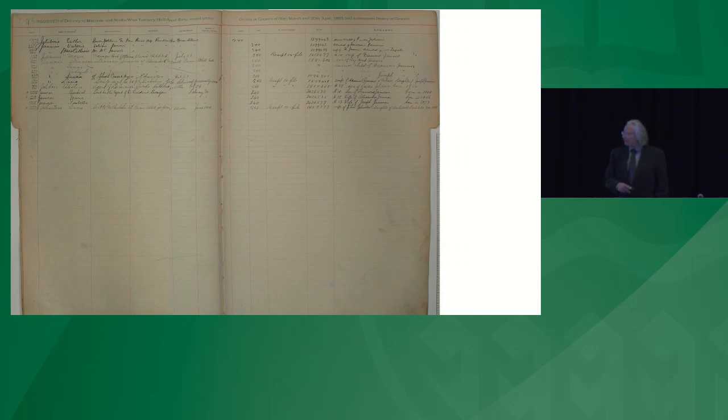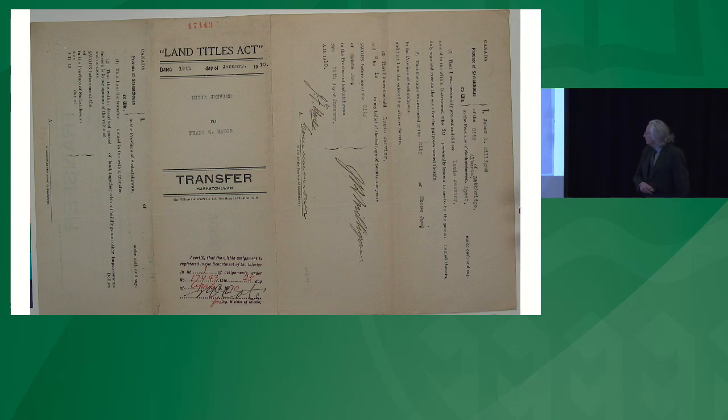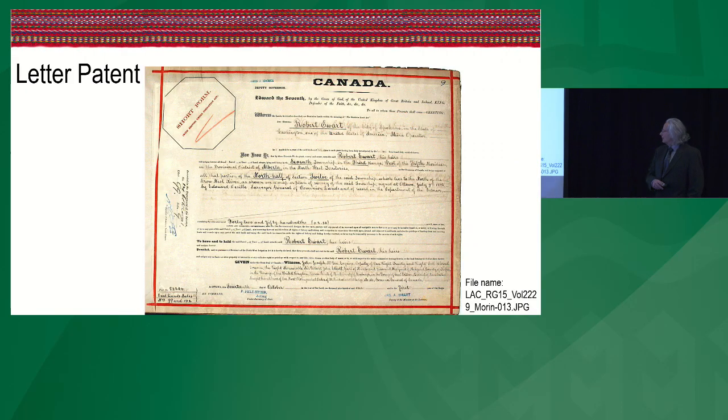2 coupons, 240 acres, Louis Morin. We've had other ones where we've databased the backs of the coupons, and there's this guy, Les Bronze, who's just hanging out in Dominion land offices waiting to identify Métis. And this is the delivery register. Okay. Well, transfers, how about that? Yeah? Some transfer stuff in here